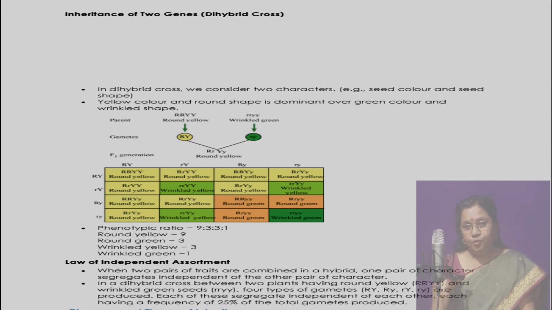the new combinations. The genotypic ratio for the dihybrid cross is 1:2:2:2:4:1:1:2:1. So you have to remember the genotypic ratio as well as the